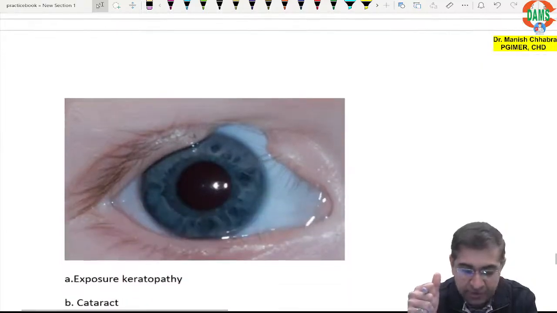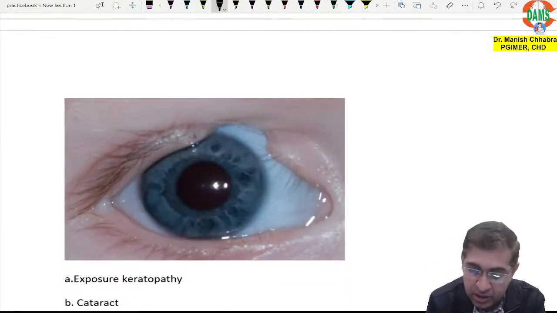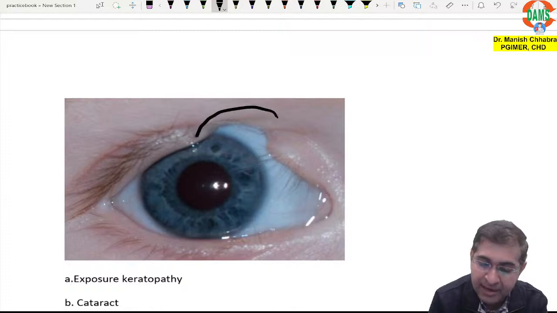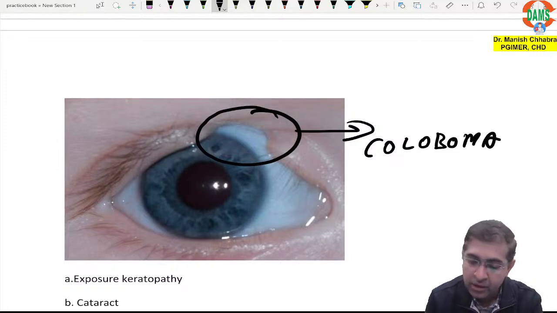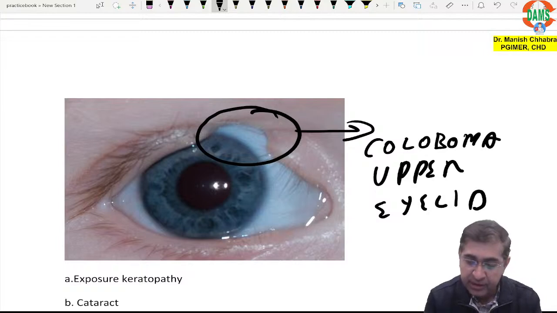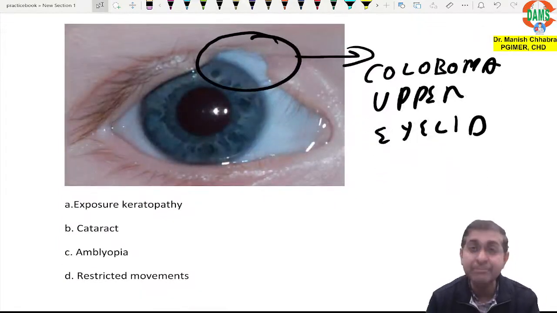Now you need to tell me, what is this? This is your coloboma. Coloboma is absence of tissue. This is your coloboma of the upper eyelid. Now, in this situation, when the patient is going to sleep,